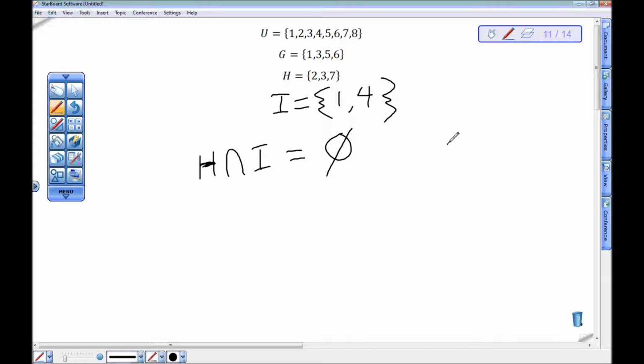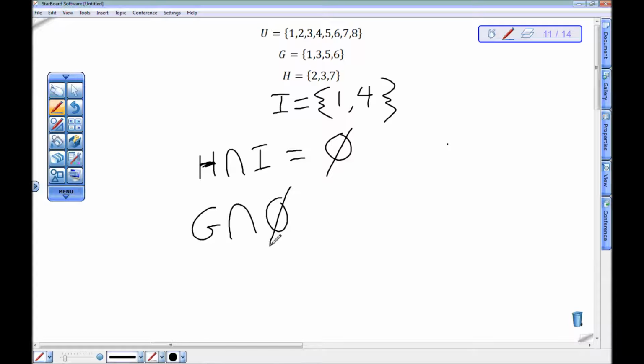All right, that doesn't seem too crazy. What if I took G and intersected it with the empty set? Well, that sounds a little strange, but I must be able to do it. They're both sets. I can do these set operations on them.